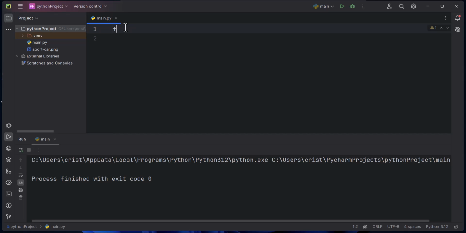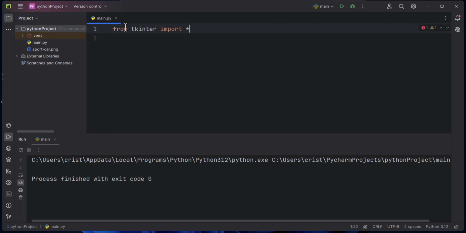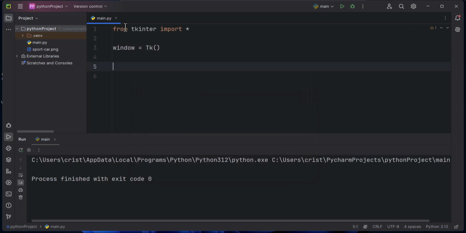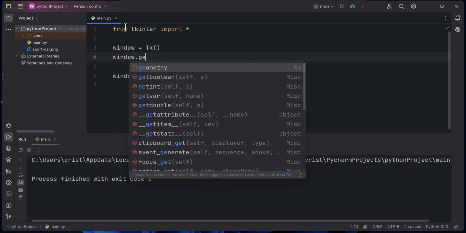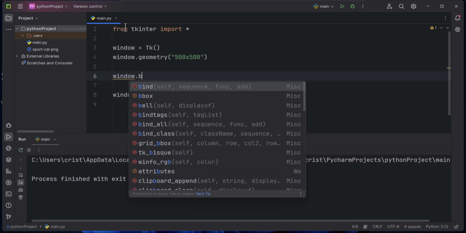I'm gonna type from tkinter import everything, and I'll type here window equals Tk, window dot mainloop, and I'll type here window dot geometry 500 by 500, and I'll type window dot bind,